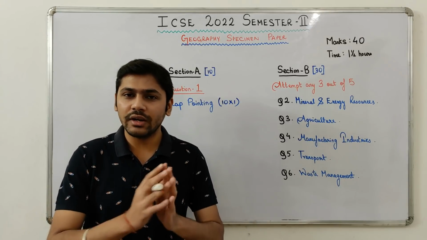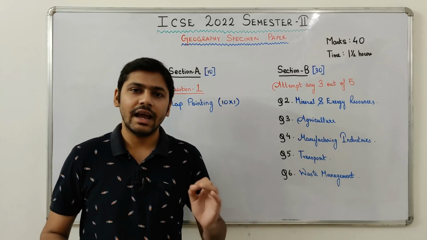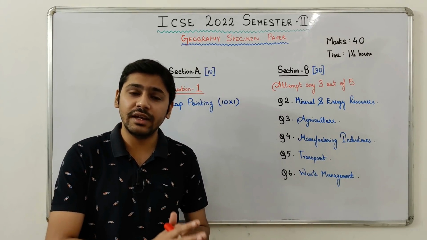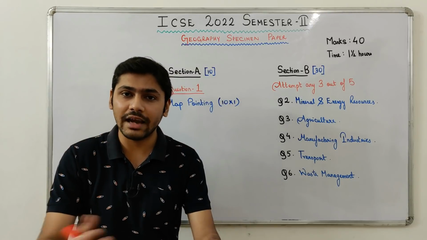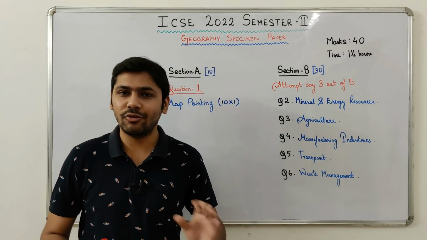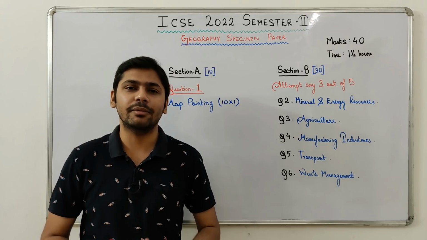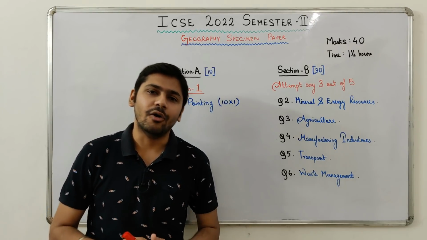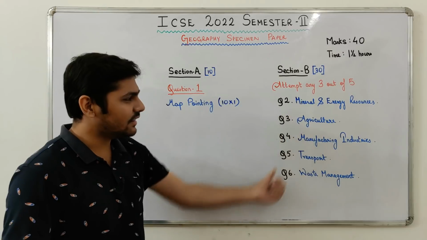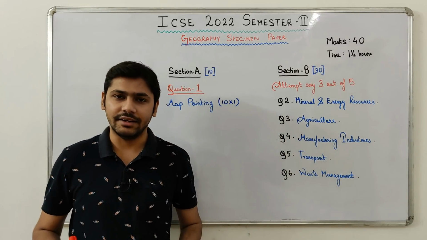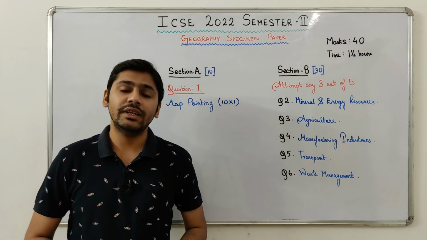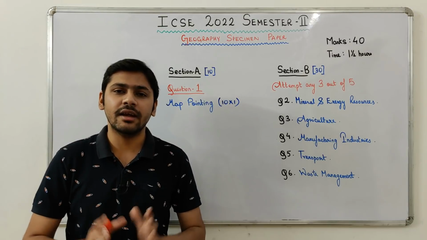I would suggest you to read all the chapters properly and select 4 chapters that you feel are easy for you and no one else, because you have to write the paper, no one else will write the paper for you. Now, the pattern is quite simple. I hope you understand it. So now we will move on to the solution of the specimen paper.